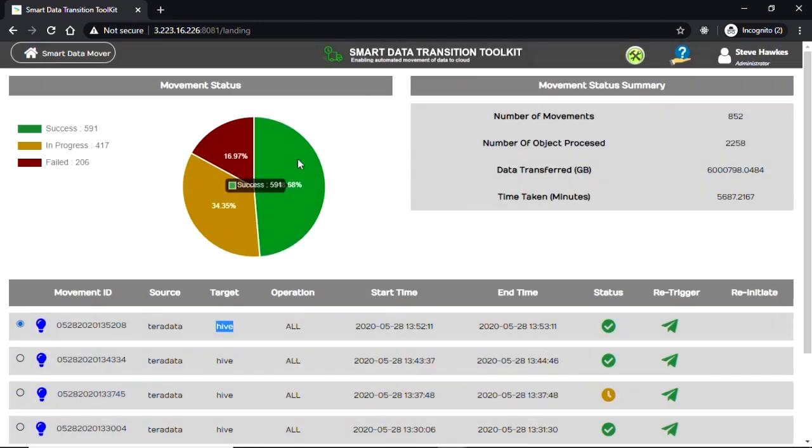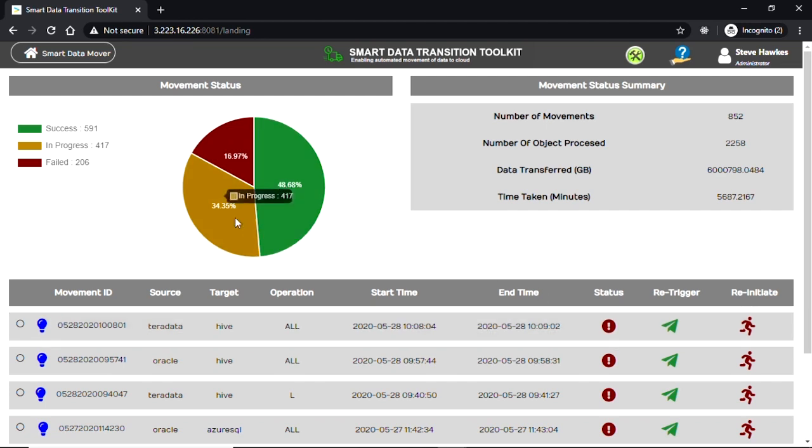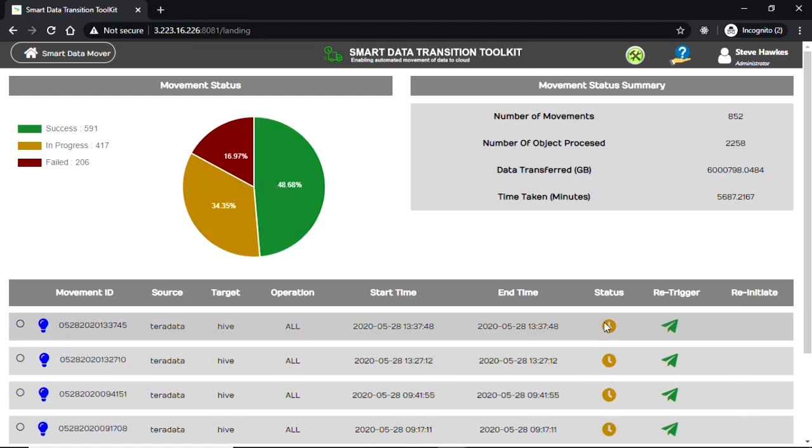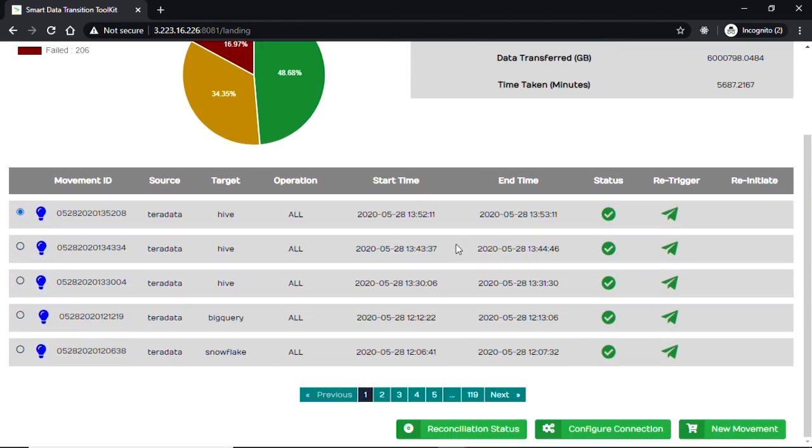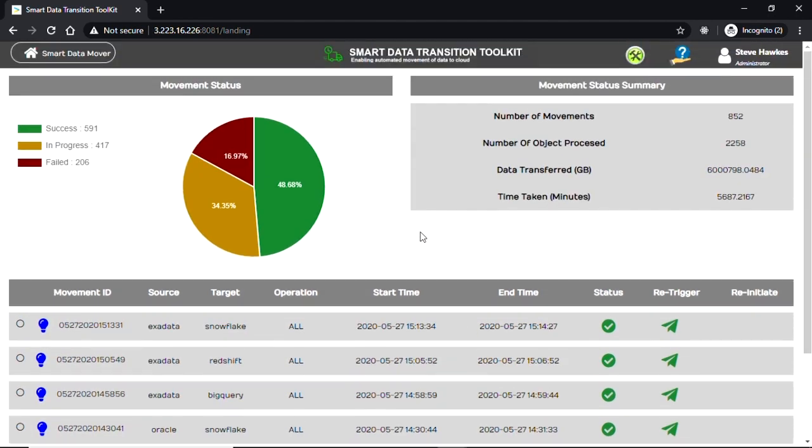You also have an option to check jobs based on various other status, for example failed status or in progress or success status too. And you can also look at various screens to figure out exact jobs that you want to get into, and also a high level summary of how well your migration is progressing.